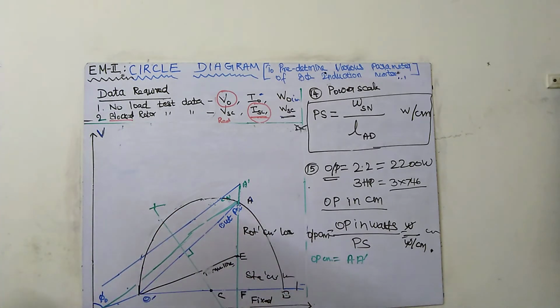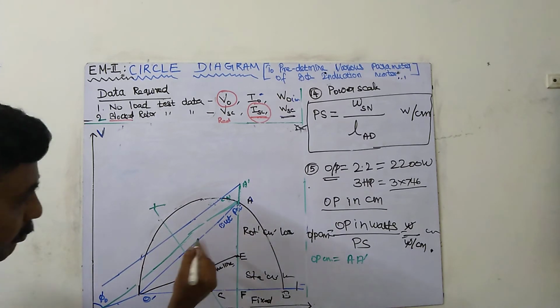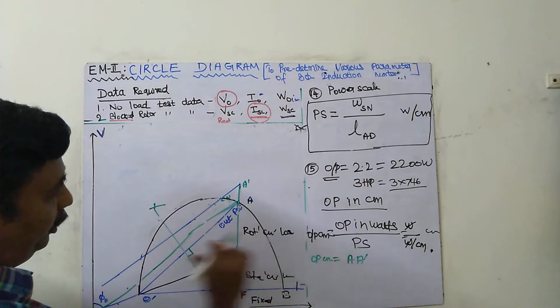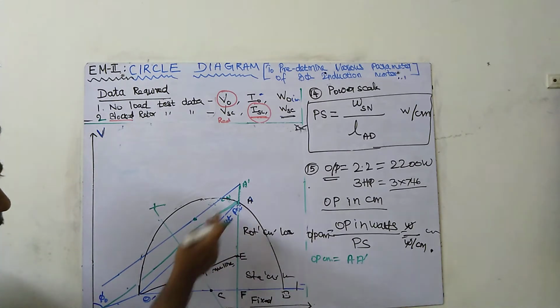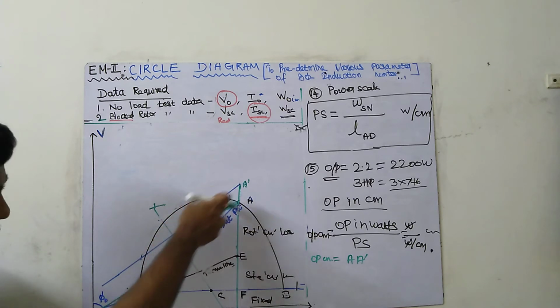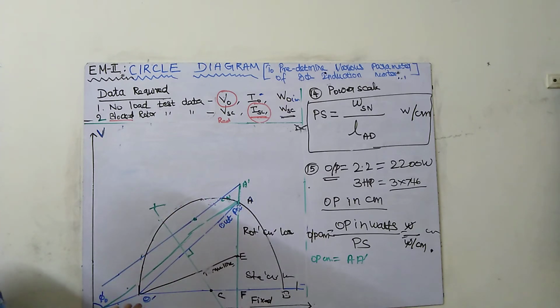Okay, you have to draw a parallel line. How to draw a parallel line? Either you have to use a set square. The easiest method is that this length we know. Take any one point in the output line, put a particular point, join A dash and that particular point, and you will get a parallel line. Actually in my diagram it is not parallel, but definitely you will get a parallel line.